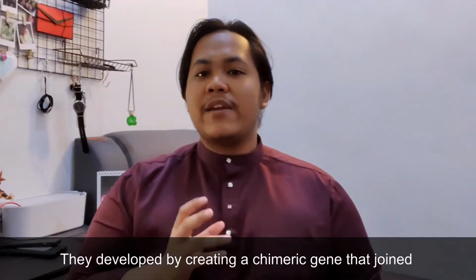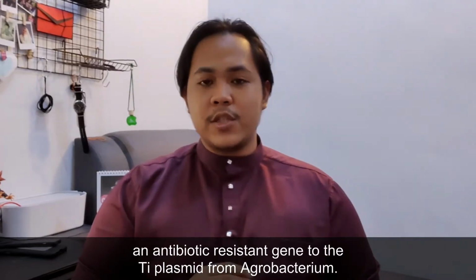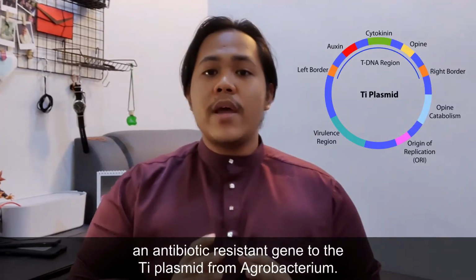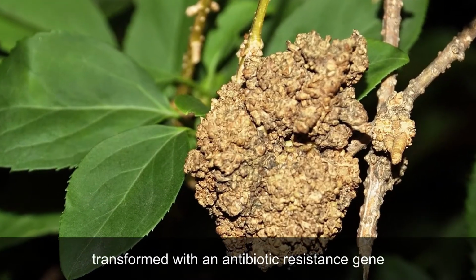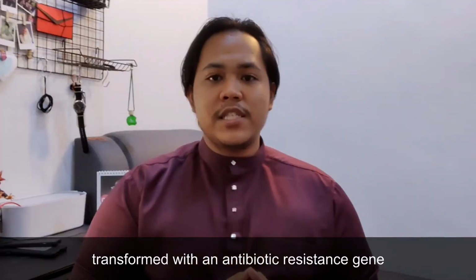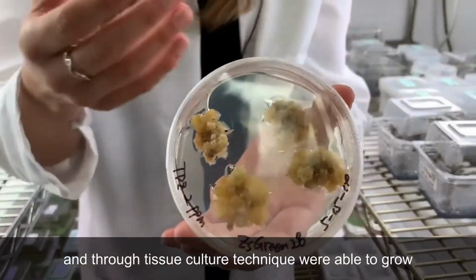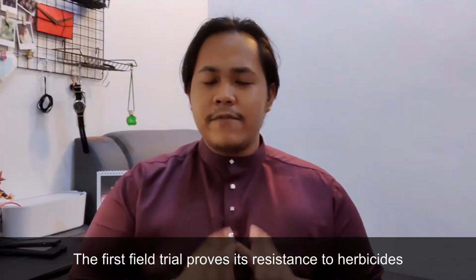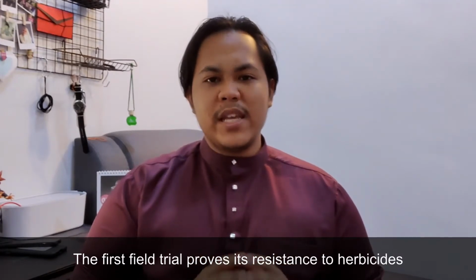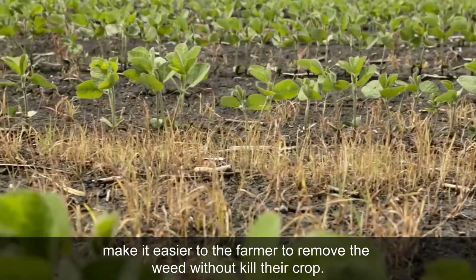They developed it by creating a chimeric gene that joined an antibiotic-resistant gene to the Ti plasmid from Agrobacterium. They infected tobacco with Agrobacterium transformed with an antibiotic-resistant gene, and through tissue culture technique were able to grow a new plant containing the resistant gene. The first field trial proved it's resistant to herbicide, making it easier for the farmer to remove the weed without